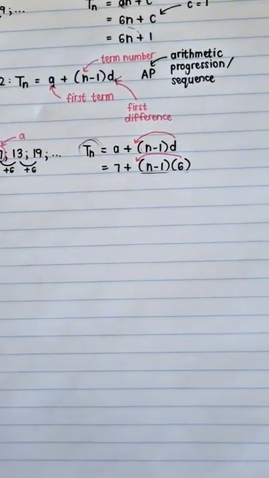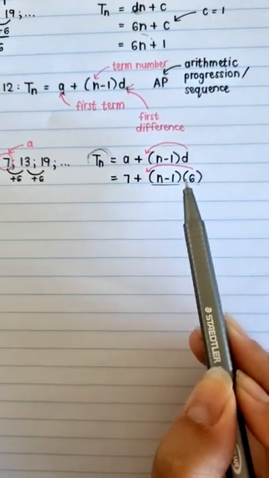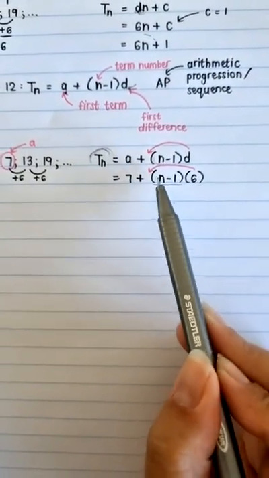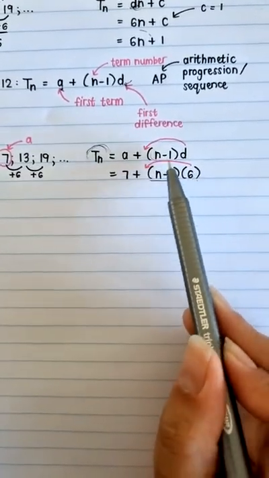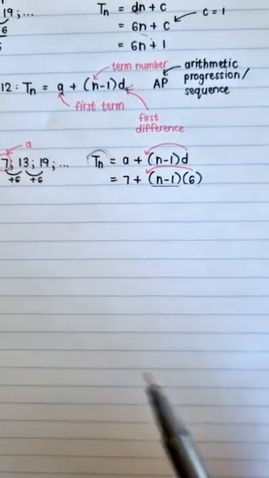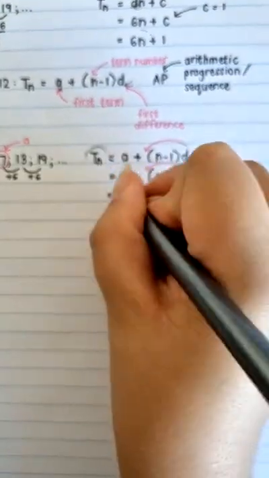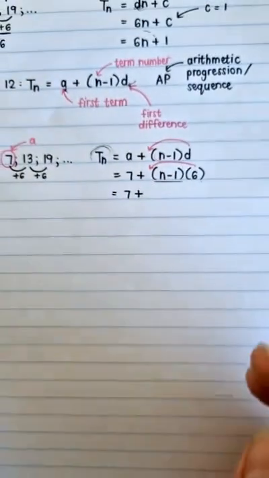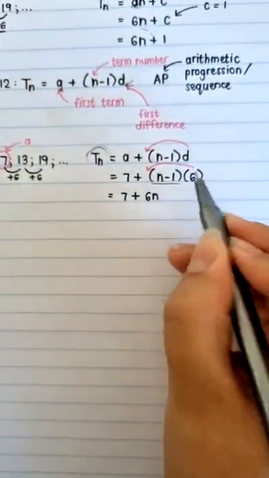That's normally the way that we write things down in algebra. So we would say 6 times n minus 1. In this case, we've just said n minus 1 times 6. It means the same thing. We're still going to have to multiply the 6 by the n and then by the negative 1. So we're going to say this is 7 plus, and then n times 6 is 6n, and negative 1 times